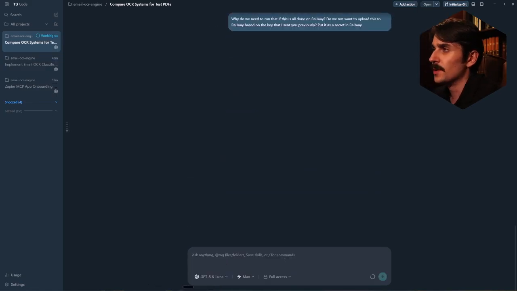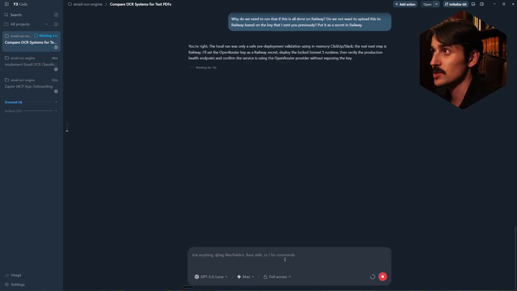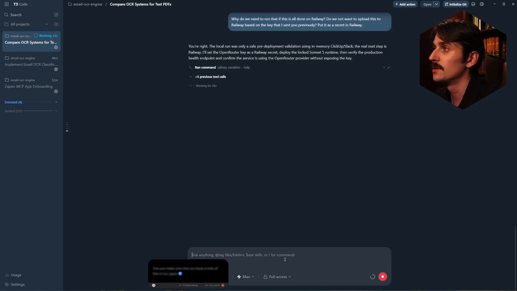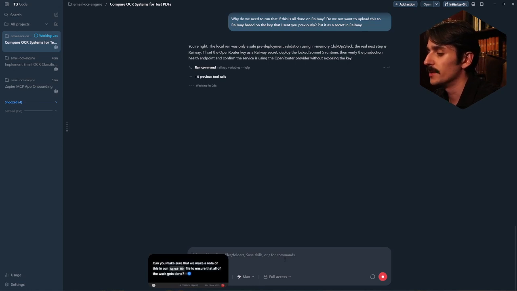I don't know if it's just getting confused, thinking that we've still got this hosted locally, because we probably still do have the files locally. But we just want to let it know that the connection to OpenRouter needs to be done through Railway, because that's where we're hosting all of it. We want to make sure we're not hosting anything on our computer. If you ever run into stuff like this, just say, can you make sure that we make a note of this in our agent MD file to ensure that all of the work gets done to the Railway service